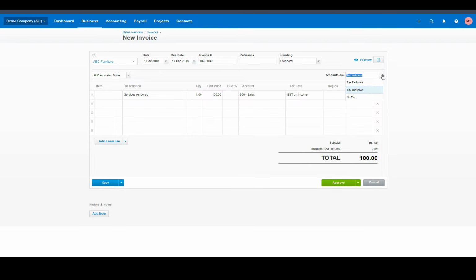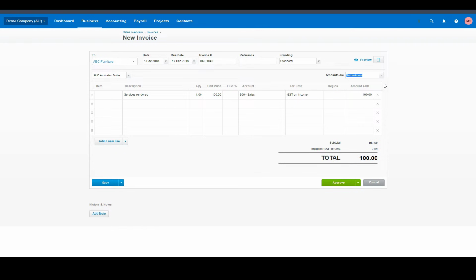And up here you get to choose whether you want the amount to be inclusive or exclusive of tax, or if there's no tax. At the moment you can see it's inclusive of tax, which means that when we put $100 in, that includes GST. So it calculates the GST down the bottom as 1/11 of the $100. If we change that to exclusive, we're saying that the $100 does not include GST. So now Xero calculates the GST on top of the $100, and the total invoice is now $110. So let's put it back to